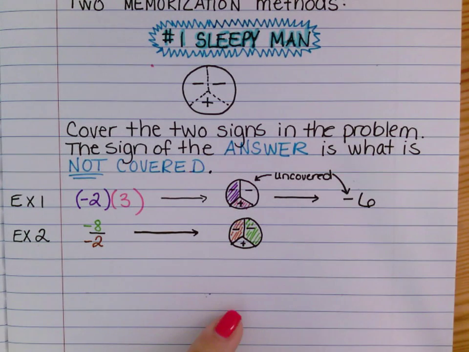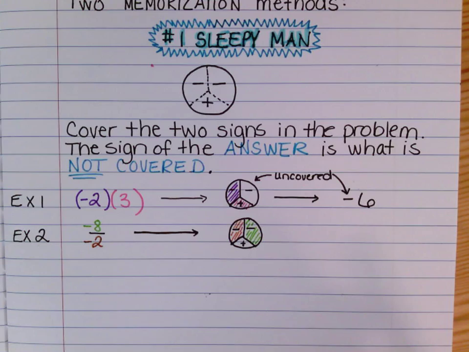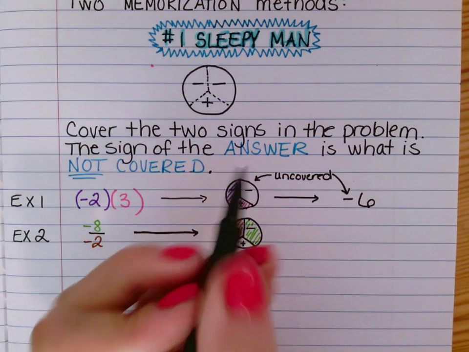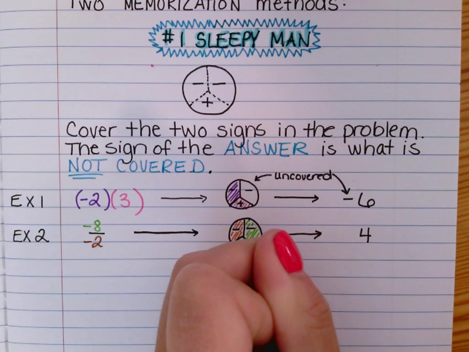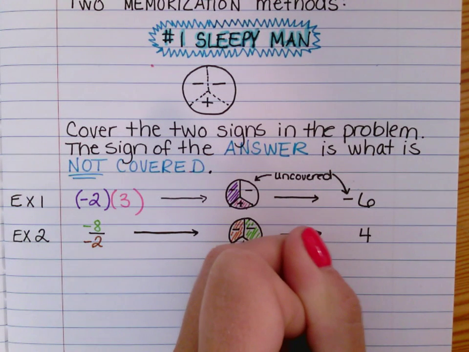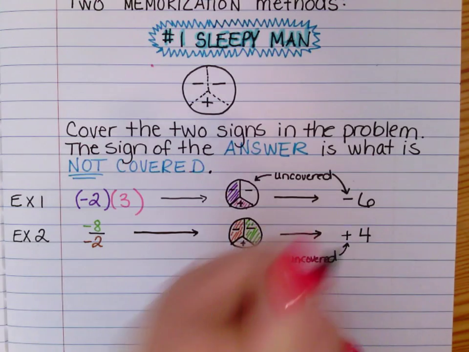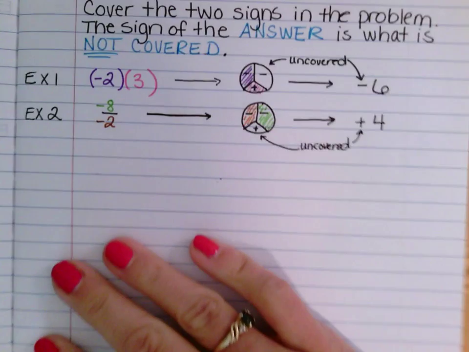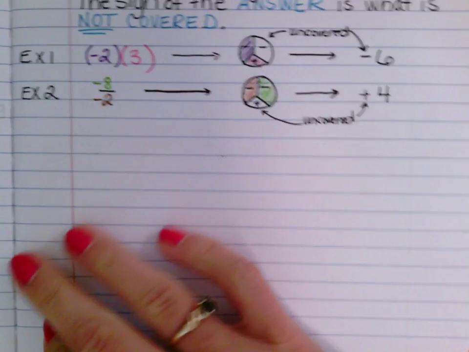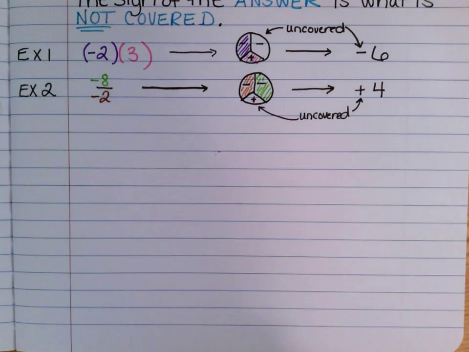So we can see that this is the area that's not covered up. We'd cover up the two negatives, and that would leave us with the positive. So 8 divided by 2 would be 4, and we can see that the uncovered part is this part here, so our answer would be a +4. We don't have to write the little plus sign there, but I just want to emphasize it. And that's how you use Sleepy Man. That method works all the time, and it will help you remember whether the signs are positive or negative. So for the other one, method number 2,